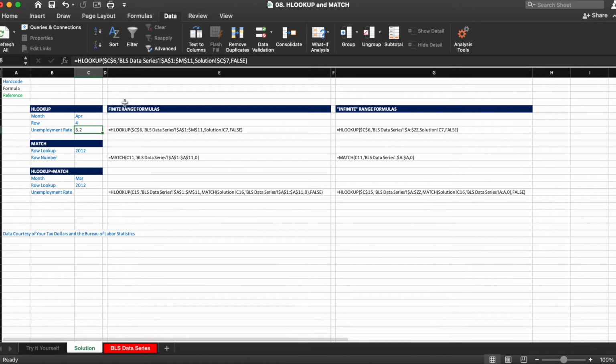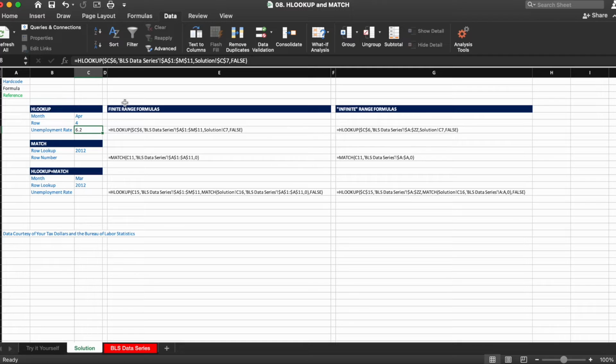Okay, so next what we're going to do is HLOOKUP again, but we're going to be using, again, air quotes, an infinite range. Any guess as to why using an infinite range might be a better option? If you guessed that using an infinite range will avoid you having to change a formula if additional data is added, congrats!